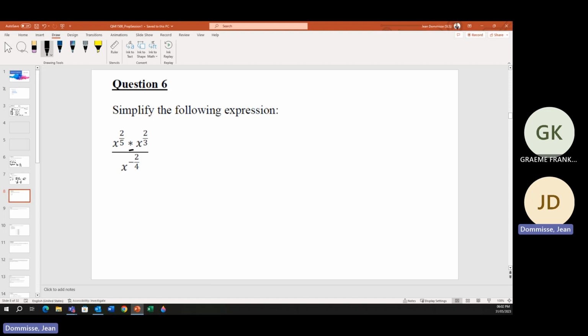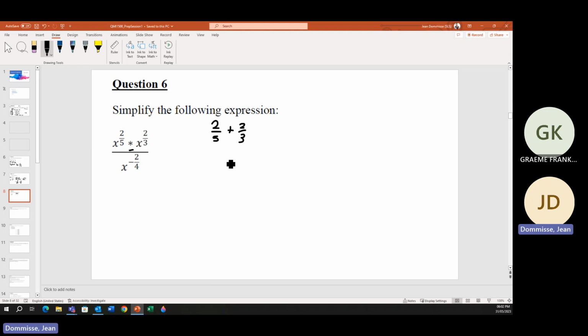We know when we multiply our two exponents, we add the two together. So let's see if we then work with just the 2 over 5 plus 2 over 3, if we can